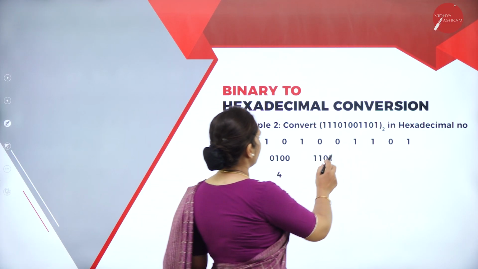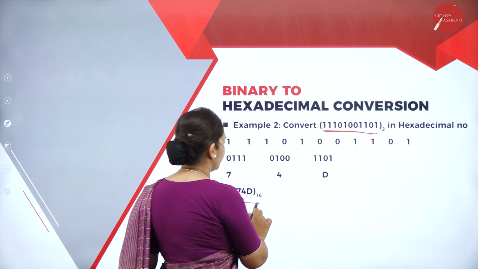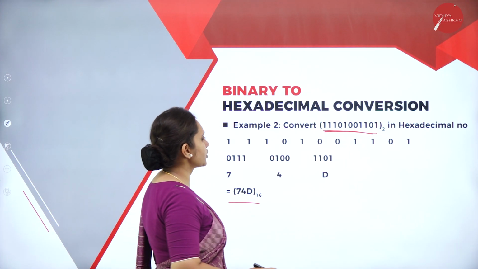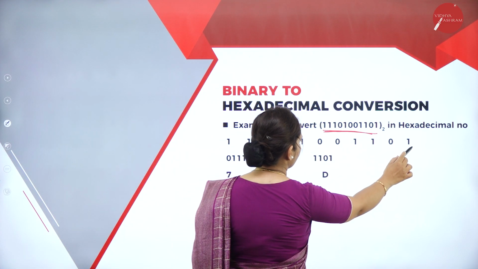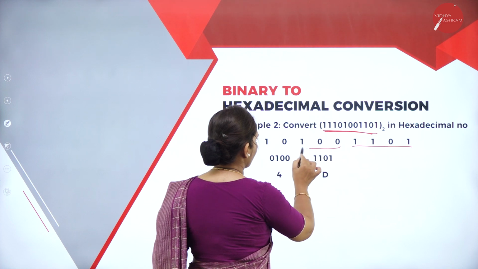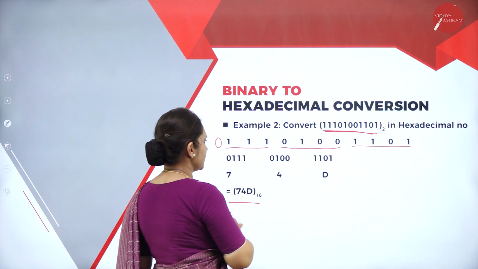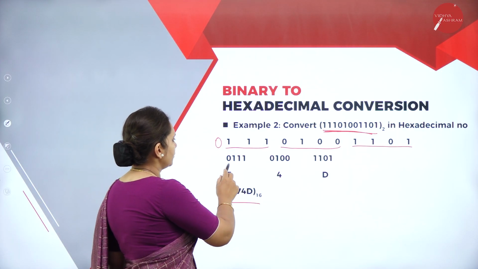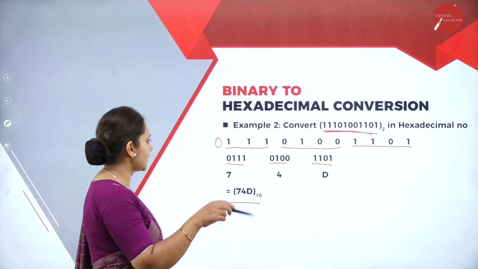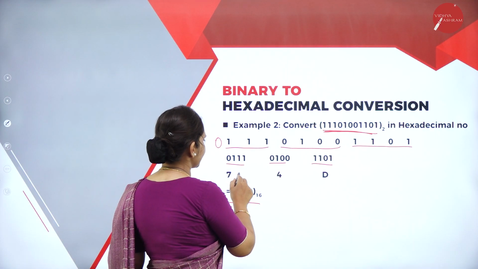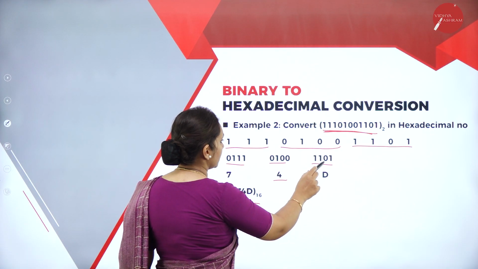So to convert the given binary number, I need to convert it to the hexadecimal number. So what I should do, I need to group it from right to left. So when I am grouping, I will get the 4 digits, 1011, 001, 0, 111, because it is 3, I'll add 0. So, when I do the grouping like this 4, I need to write the equivalent decimal values, that is the hexadecimal values. 0111 is 7, 0100 is 4, 011101.